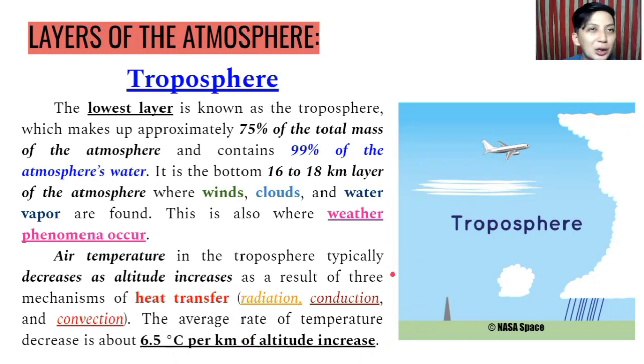So kung pupunta kayo ng, sabihin natin, ng Mount Ulap, o isa yung sa pinakamataas, sobrang lamig na doon. So magdala kayo ng siguro mga 2 or 3 jacket. Okay, when you go to Baguio, you know that. When you go to Tagaytay, you know that it has a very cold wind because when you go up to the altitude of those places, always remember the temperature decreases.